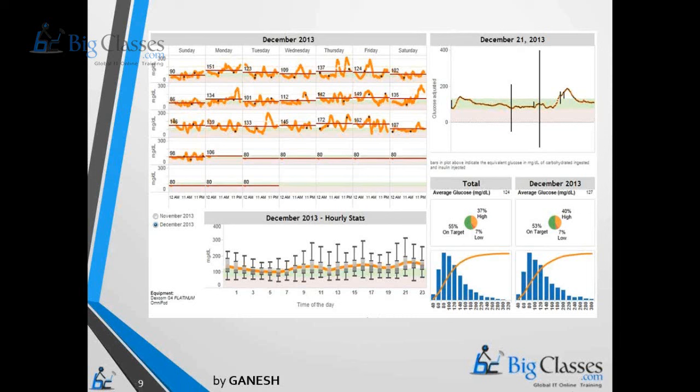And guys from a different educational background, like MBA, Master of Biotech, Master of Inorganic Chemistry, Chemical Engineering, a non-technical person can also learn the Tableau application very easily, and they can get jobs.